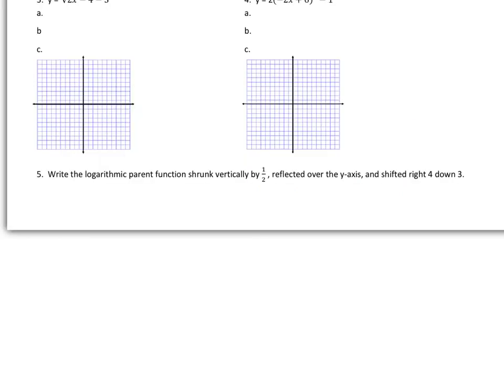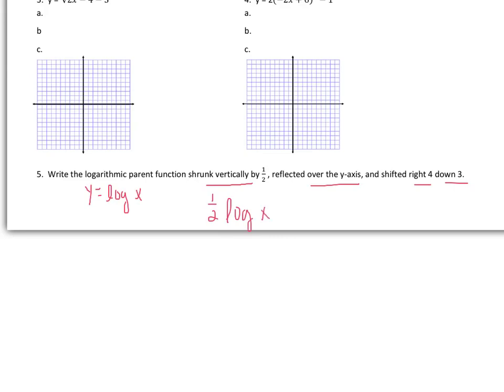Okay, number 5, write the logarithmic parent function shrunk vertically by 1/2, reflected over the y-axis, and shifted right 4 and down 3. So first we want to start with our parent function, which is y equals the log of x. Okay, now let's go ahead and start putting in what needs to happen. If it's shrunk vertically by 1/2, that's going to go on the outside. So it's going to be 1/2 of log